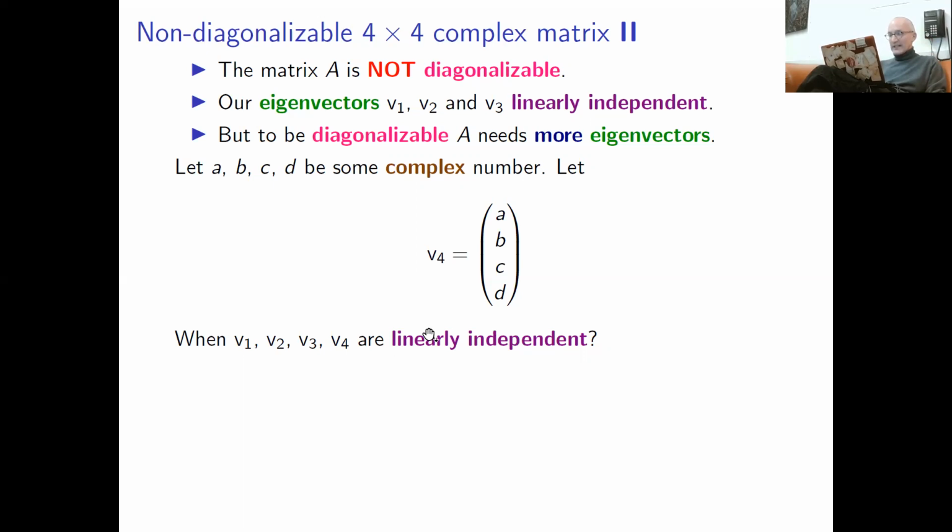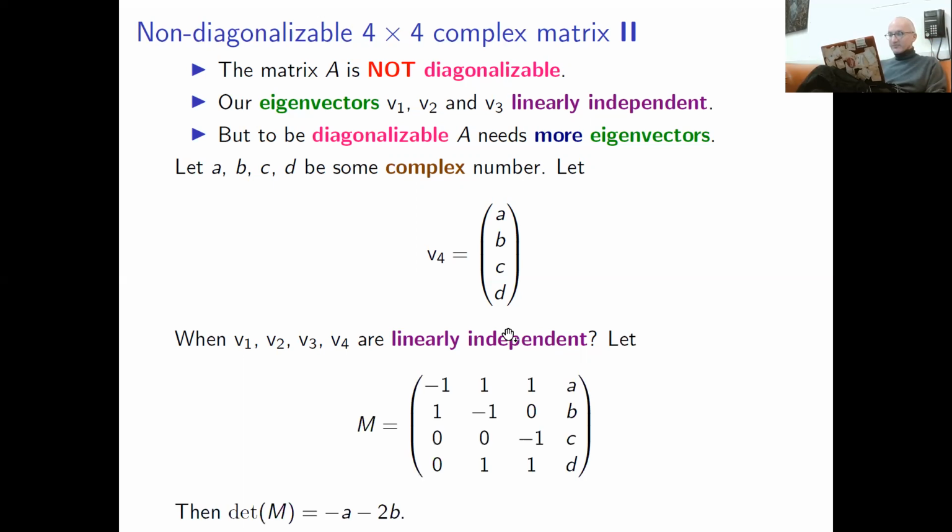So how to check when they're linearly independent? The simplest condition I know is just to compute the determinant. You have this matrix, this is vector v1, this vector v2, v3, v4, and you just compute the determinant. This is not so hard. You compute the determinant and you get this number. So if I know that a plus 2b is not 0, then I know for sure that this matrix is invertible, because we have the criterion: a matrix is invertible if and only if its determinant is not 0. Okay, suppose this is the case. Let me play more.